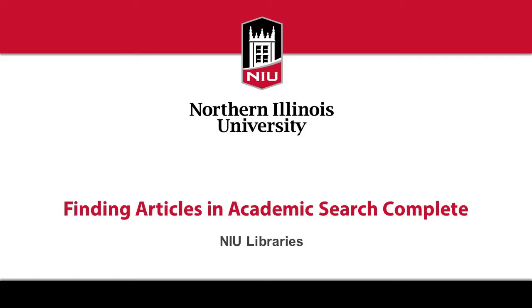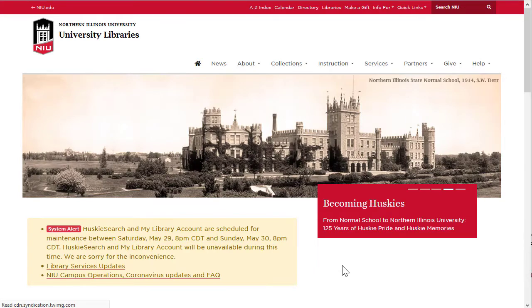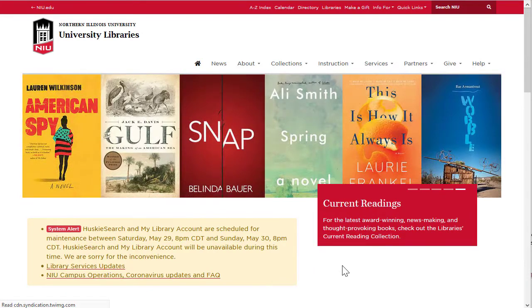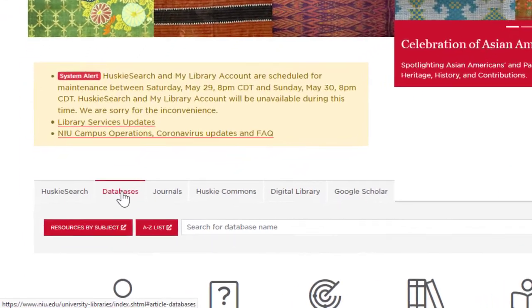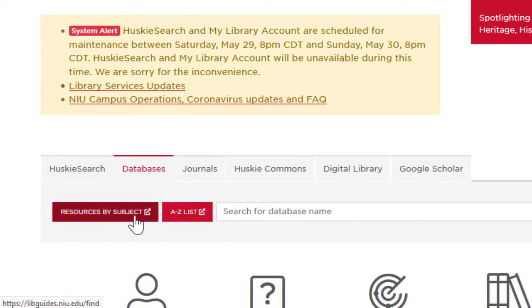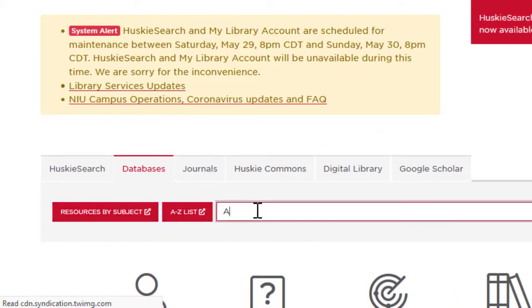In this tutorial, you'll learn how to find articles by doing a keyword search in Academic Search Complete, a multidisciplinary database with thousands of articles on a wide range of topics. From the library's homepage, click on the Databases tab. You can access library databases alphabetically, by subject, or by entering the name of the database you want to use